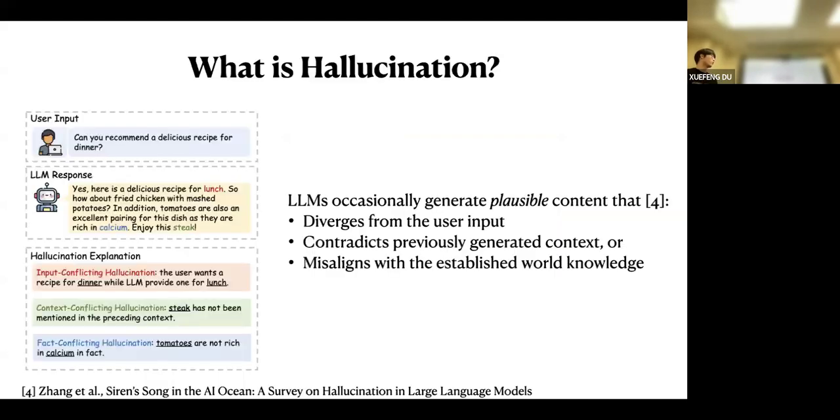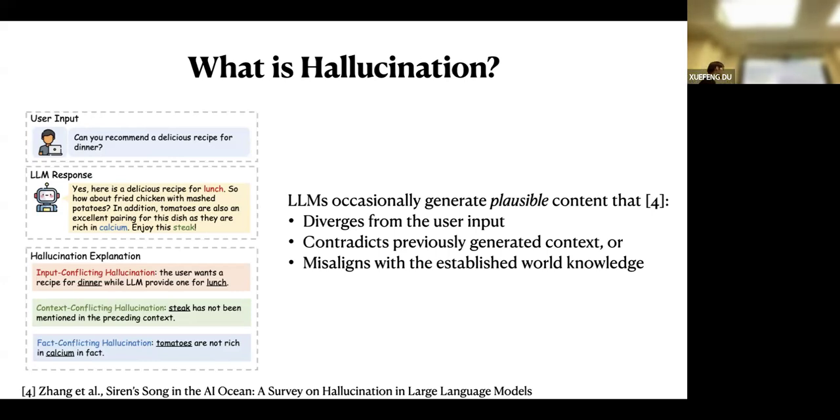I would like to first talk a little bit about the background of the research. What are hallucinations for language models? As shown in these slides, a very nice survey paper points out that hallucinations are settings where language models can occasionally generate seemingly plausible content that either diverges from the user input, contradicts previously generated context, or misaligns with established world knowledge.